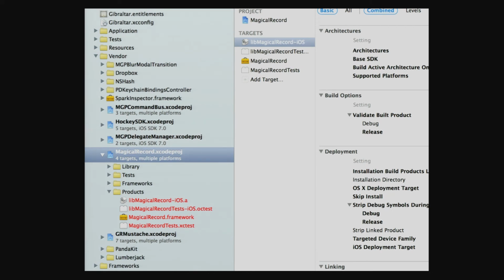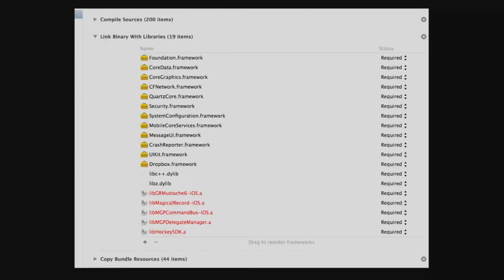You might also notice that I have a .framework thing, so I have a framework for Mac versions as well. That's kind of nice, I like that. And again, I use it down here, and I just copied the libMagicalRecord into this guy. Got a couple other magical libraries there.